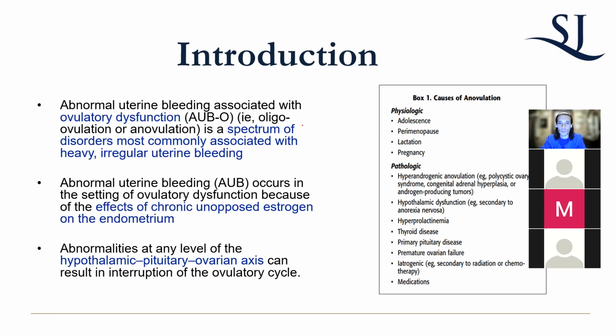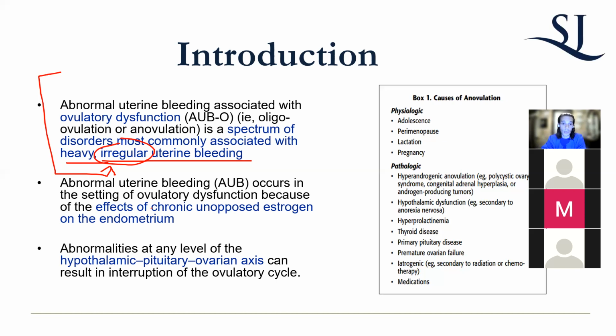It's a wide spectrum disorder, but it causes heavy irregular bleeding. Irregular. That is the most important thing. If you go back to that slide I showed you in the beginning, your question about the regularity of the menstrual cycle will tell you your answers. It'll tell you if there are regular cycles or not. It has to. So that is the main way you're going to know.